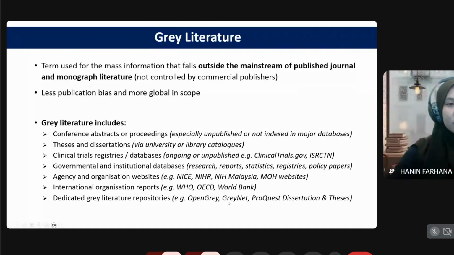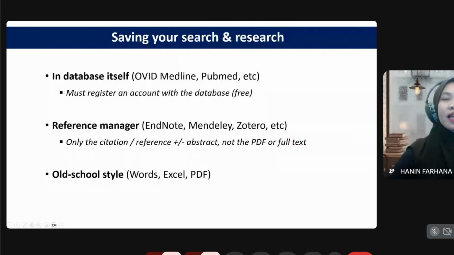want, the titles or components that you want to look at, because it contains everything, not only healthcare, but also engineering, agriculture, science and technology, education, and more. So you have to look at the suitable ones later. And then when you start doing your search, you have to save your research